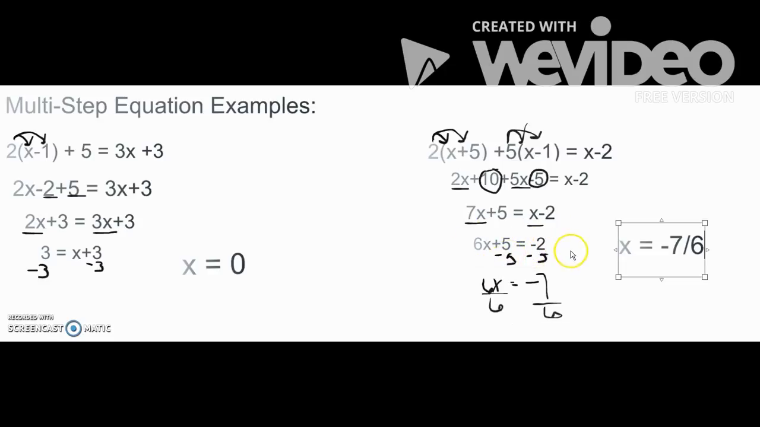And then it just turns into a simple 2-step equation. So to solve that, which is solving for x, we subtract 5 off, and so negative 7 equals 6x, divide by 6 on both sides, and you get negative 7/6. Or you can turn